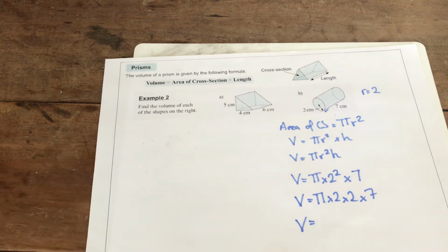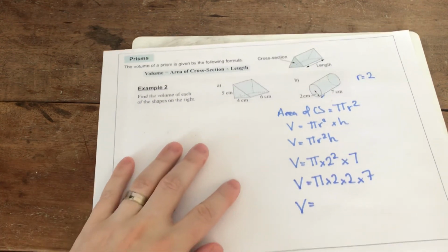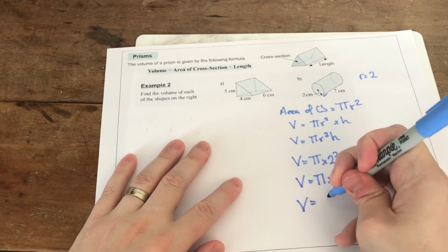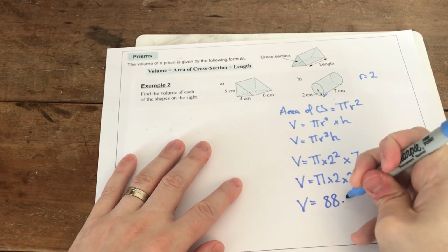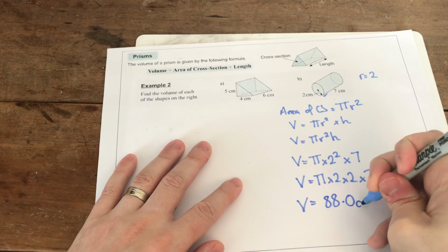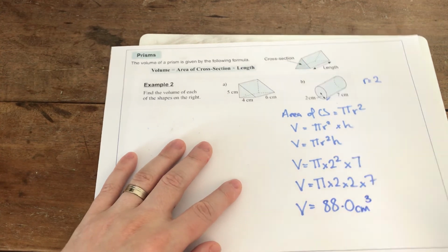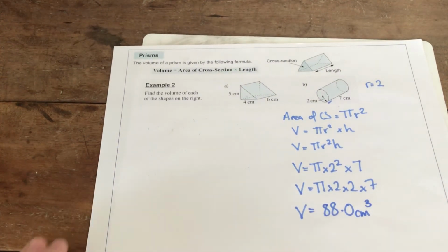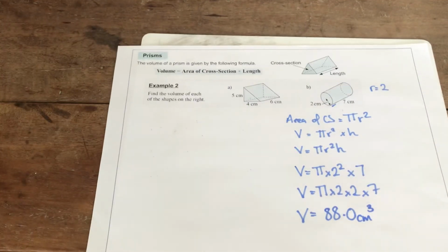The question doesn't give me any information in this case to round it to 1 decimal place, but I would round it to 1 decimal place. And what I get when I do that is 88.0 centimeters cubed, and that's how I would find the volume of a prism. Can you use that to attempt the questions on the second page and the